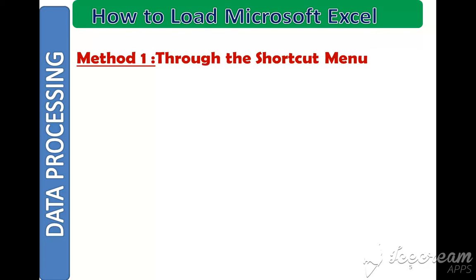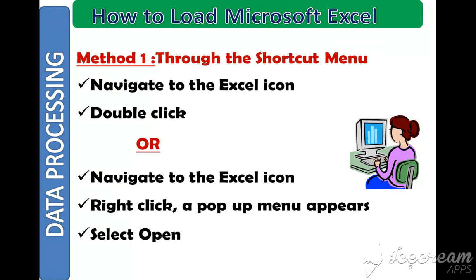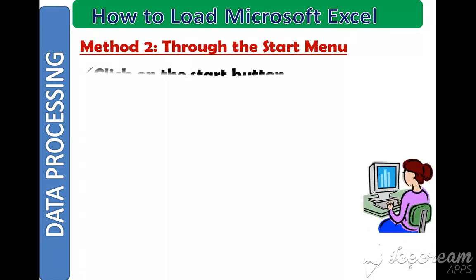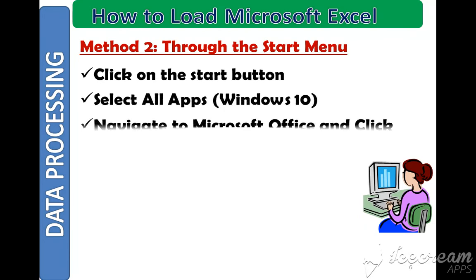How to load Microsoft Excel. Method 1, through the shortcut menu, navigate to the Excel icon, double click, or navigate to the Excel icon, right click, a pop-up menu appears, then you select open. Method 2, through the start menu, you click on the start button, select all apps, navigate to